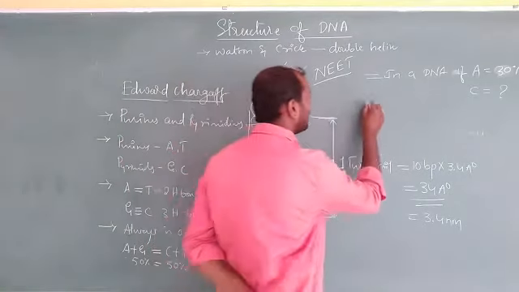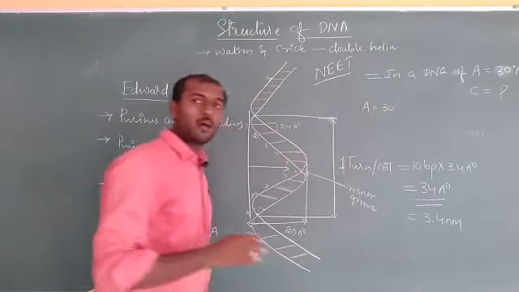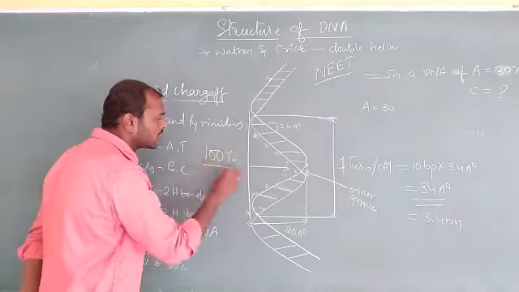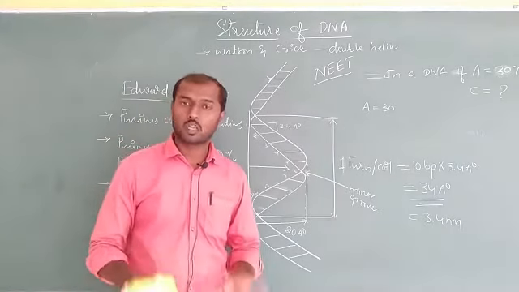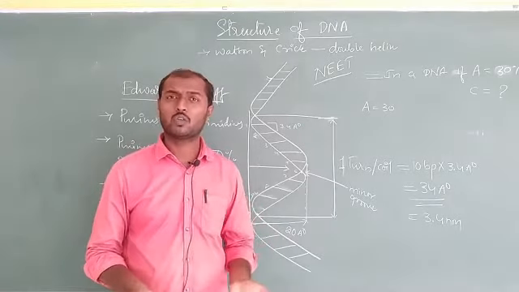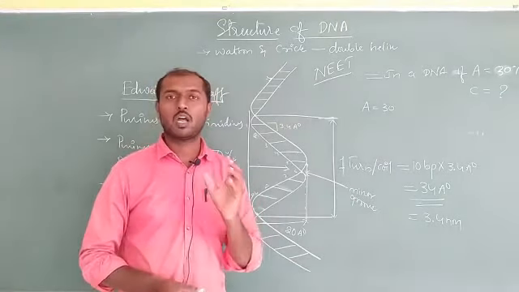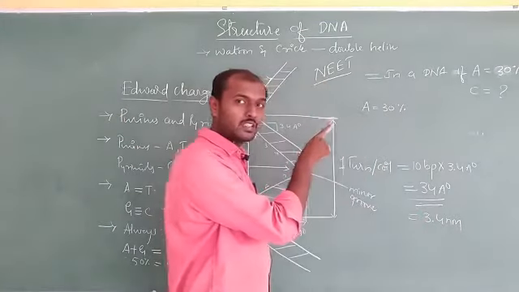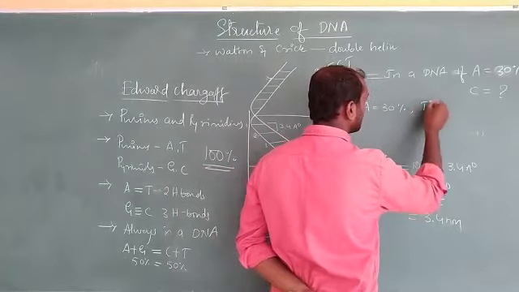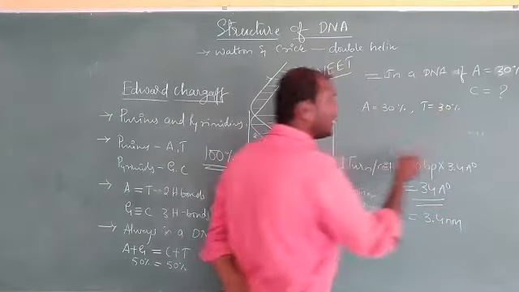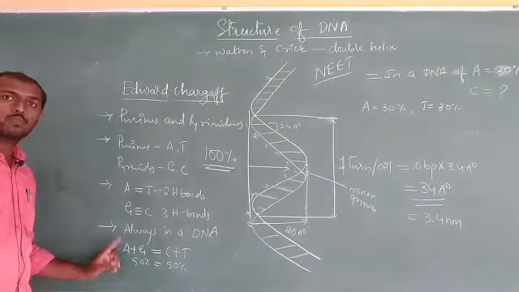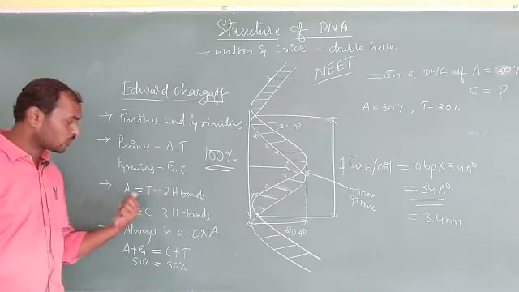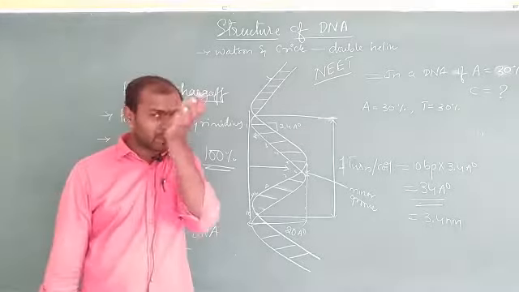So if A is 30%, when we consider the whole DNA, we consider it as 100%. The total number of base pairs may be 1000, 1500, 10,000, 20,000, 1 lakh, 1 million, whatever it may be, and we calculate it as 100%. Okay, so here if 30% of A is there, then T should be 30%. Why? Because of the Chargaff rule, that A is always equal to T. A is going to bind with T. So if you have 10 A's, then there must be 10 T's.